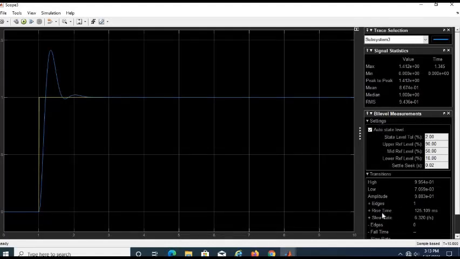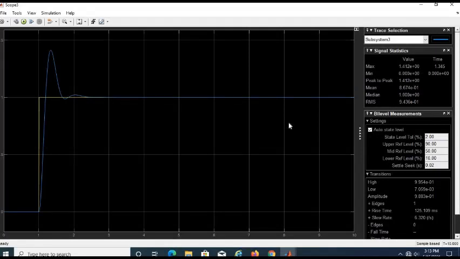This rise time you also can get here. In using this MATLAB tool, I think you can get all rise time, fixed time, maximum overshoot, and then also settling time.